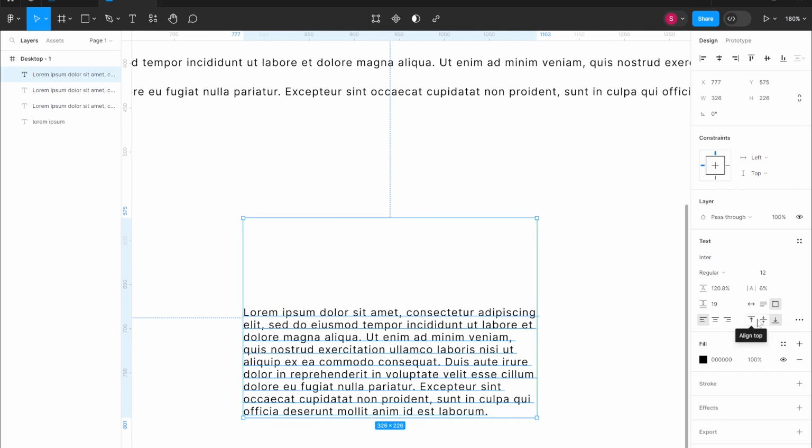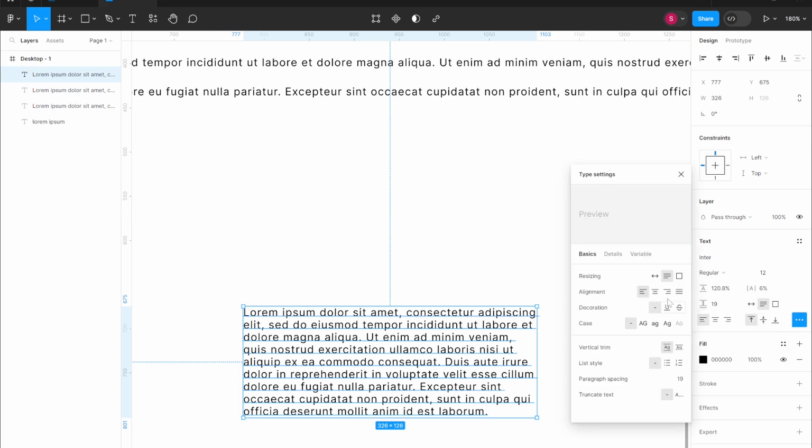Vertical alignment aligns the text along the y-axis, so up on the top line, in the middle, or down at the bottom. Be aware, though, that you can only vertically align text in text layers with a fixed size. These three icons here instead are the horizontal alignment, which we see better if we click on these three